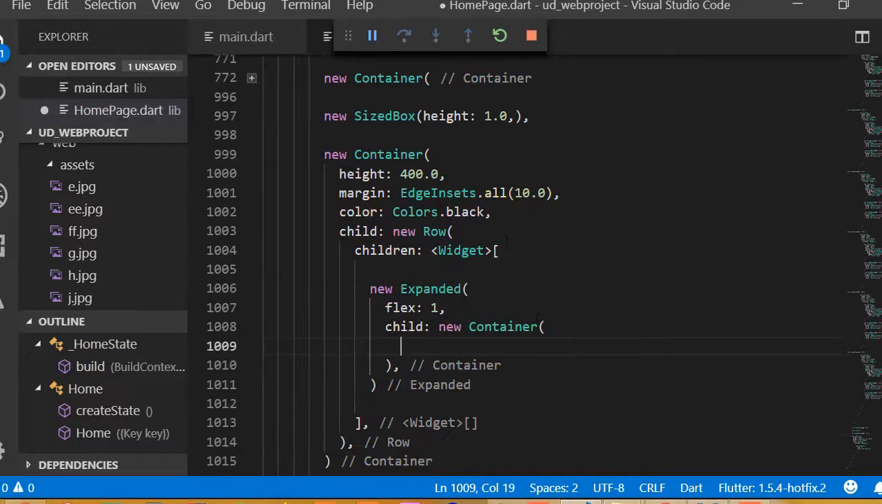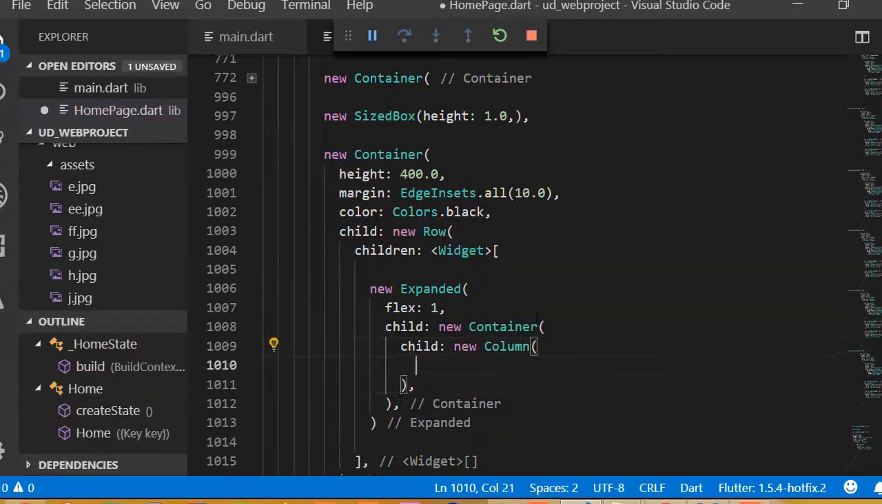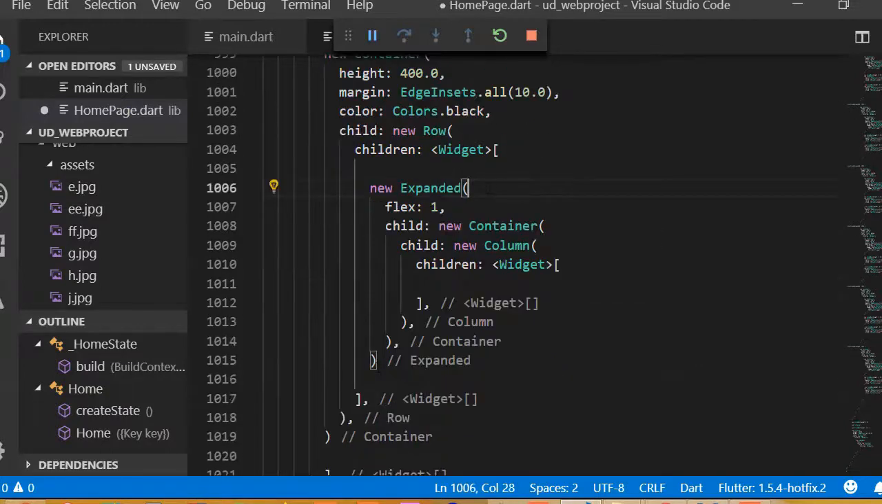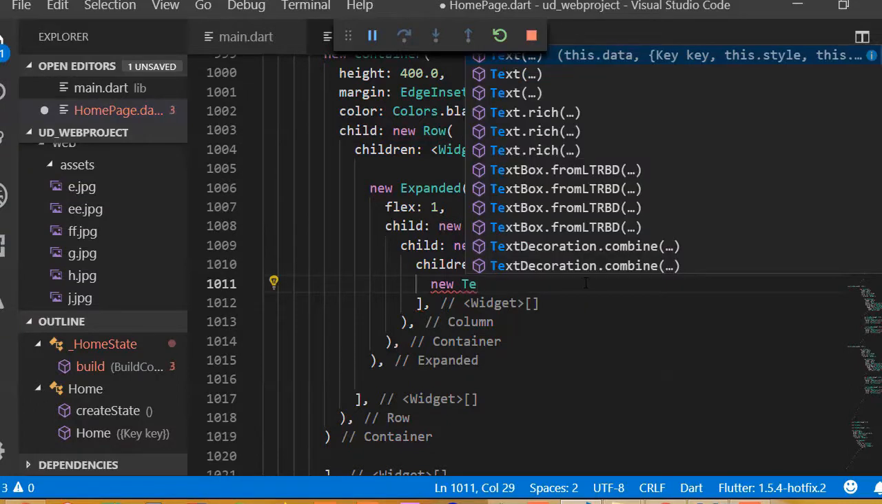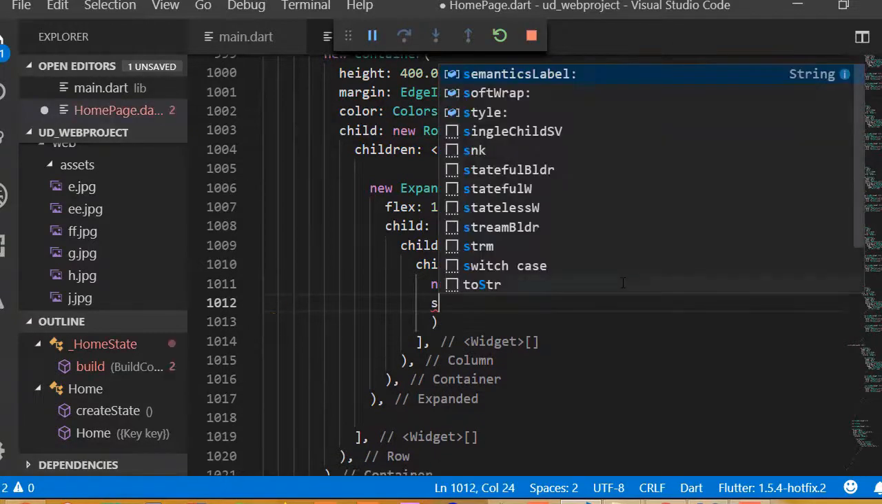Okay, this is the container, and inside this container we need to add a new column. So new column, and column has children of widget, and inside the children of widget we need to use the column item. So what we can say actually, we can say the new text, and we can simply say the social media. Okay, so say the social media, and after this social media, in here we need to add a style,